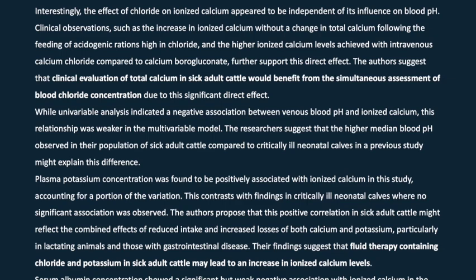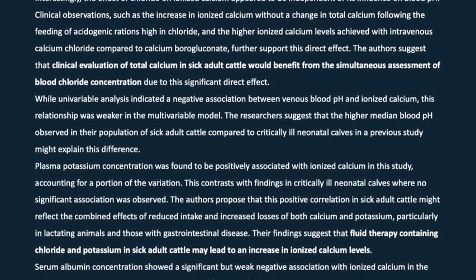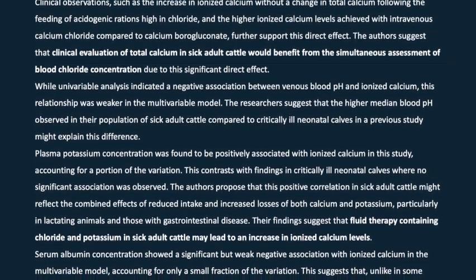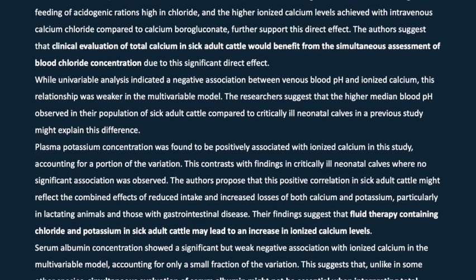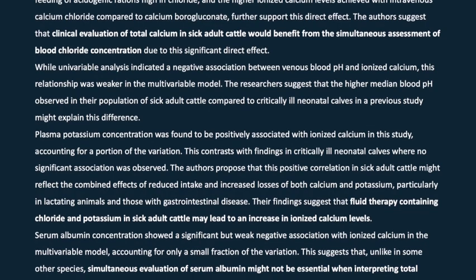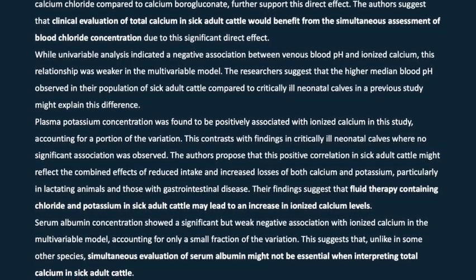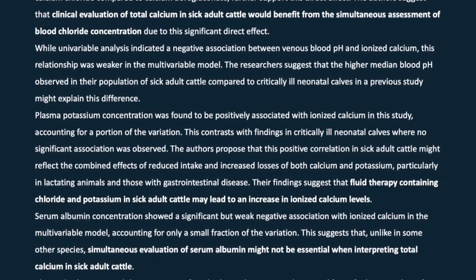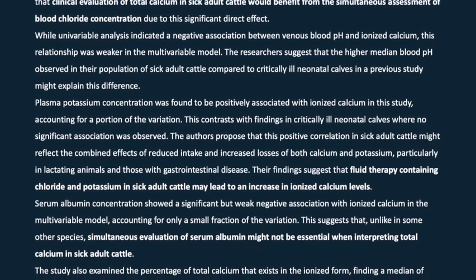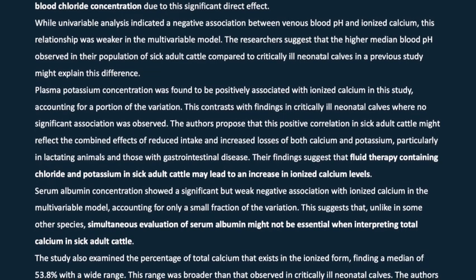Plasma potassium concentration was found to be positively associated with ionized calcium in this study, accounting for a portion of the variation. This contrasts with findings in critically ill neonatal calves where no significant association was observed. The authors propose that this positive correlation in sick adult cattle might reflect the combined effects of reduced intake and increased losses of both calcium and potassium, particularly in lactating animals and those with gastrointestinal disease. Their findings suggest that fluid therapy containing chloride and potassium in sick adult cattle may lead to an increase in